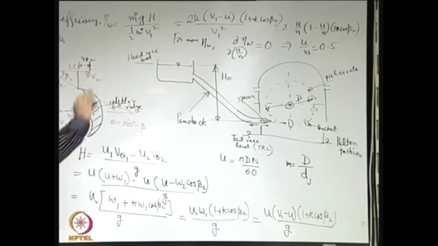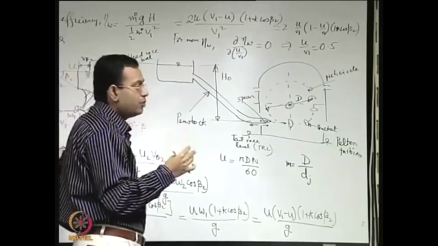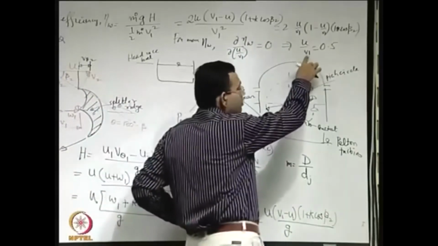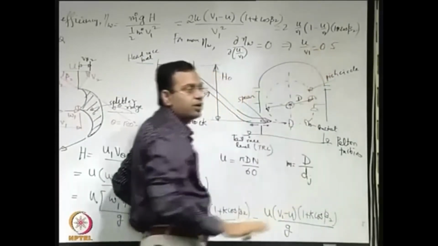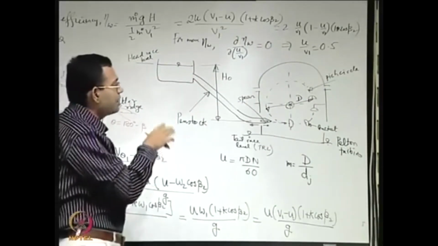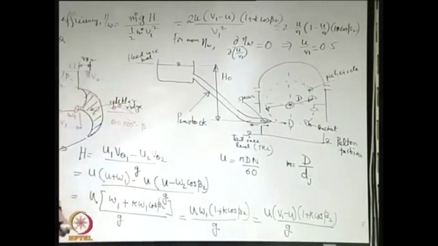So, this is called an optimum speed ratio. Speed ratio is the ratio between the speed of the wheel to the speed of the water that is falling on the wheel, and an optimum value of that is 0.5. As we mentioned, this optimum value may not be the reality, because in practice there are losses and so on in the nozzle. So, this value may be a bit deviated, a bit less than 0.5, maybe 0.45, 0.46 like that. Okay.